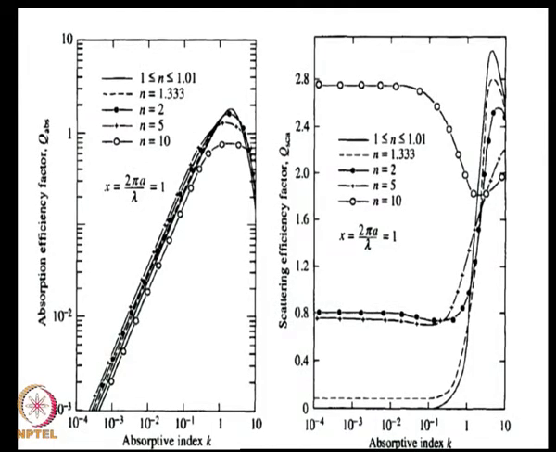Now, in this figure, the absorption efficiency and scattering efficiency are shown as a function of absorptive index K, that is the imaginary part of the refractive index of that material. And you can see here that the highest absorption efficiency occurs when the absorption index is of the order 1 and right in the heart of the scattering process. So, this occurs simultaneously, but they do keep a tab on the calculations done.